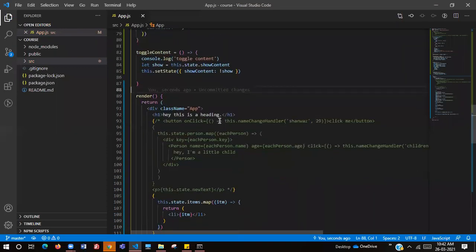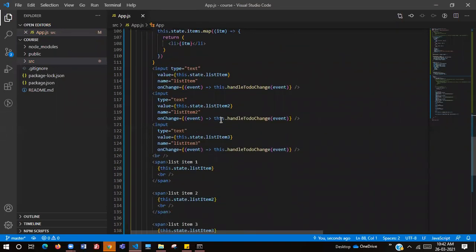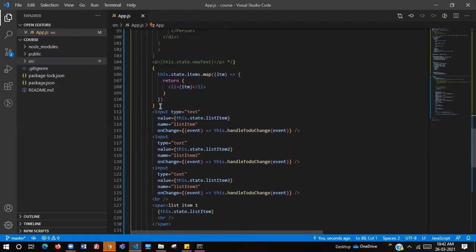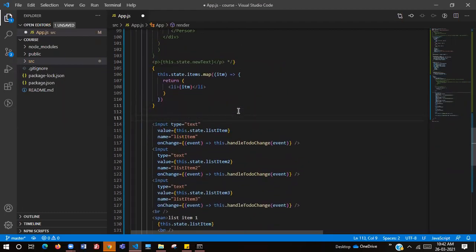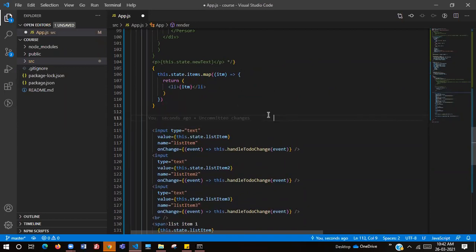Now, how do we hide or show the content based on the showContent variable? Everything here that we are writing is pure JavaScript, so we can create a new JavaScript expression with this.state.showContent.